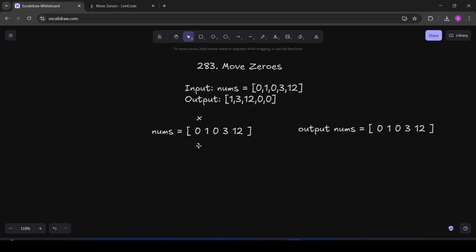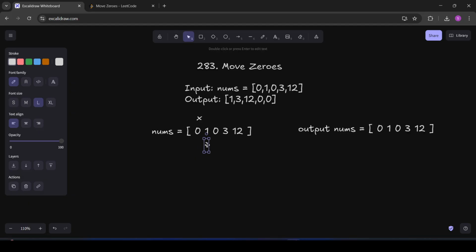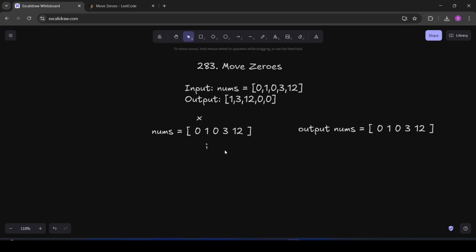While running the loop, we will be checking whether this element is not equal to 0. This element is 0, so we move to the next iteration. Here this element is not equal to 0, so we need to move this one